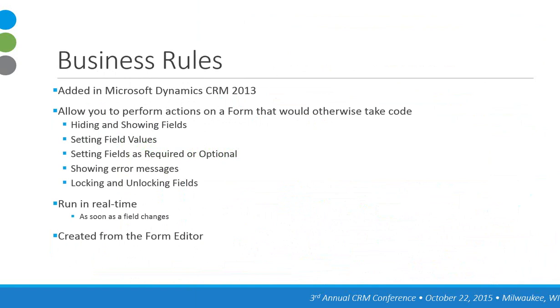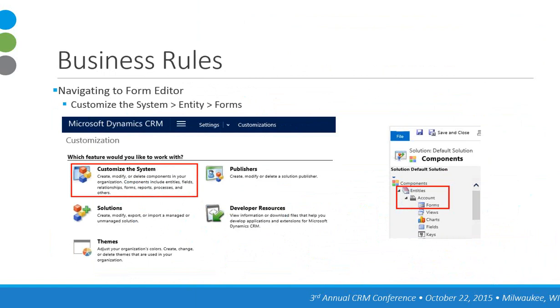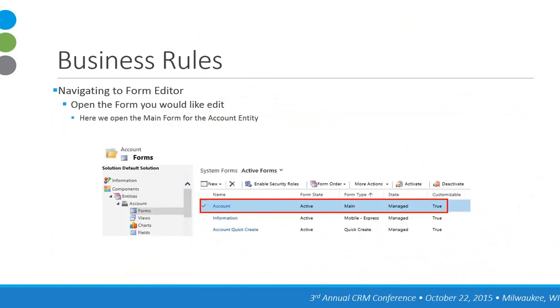They also run in real time, so as soon as a field changes and makes the trigger of the business rule, it will run, so you don't have to wait to save the record. And they're created pretty simply in the form editor. So we will go into Menu, Settings, Customizations, click on Customize the System, drill down to the entity and the forms for that entity, so in this case, Account and then Forms. We'll have a list of our forms here, and we'll double click and open up the main form for that